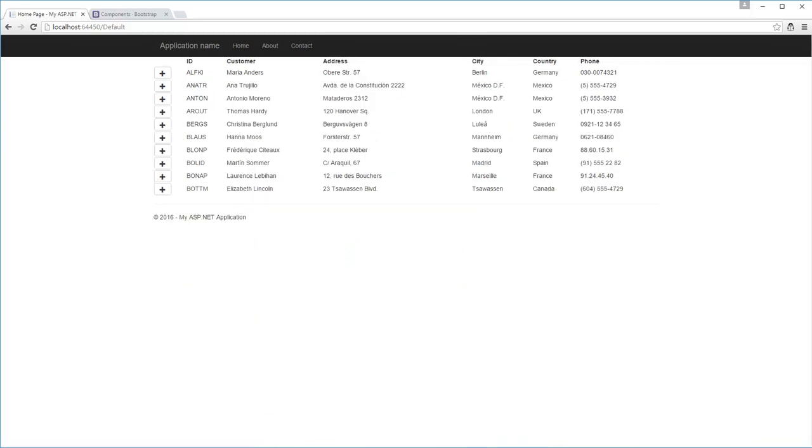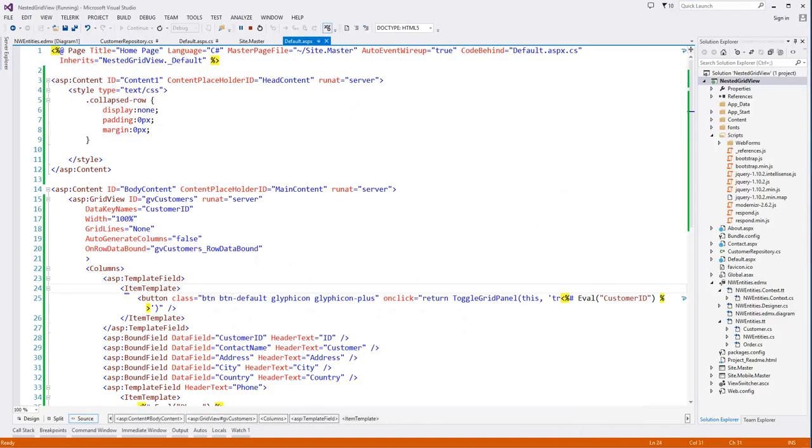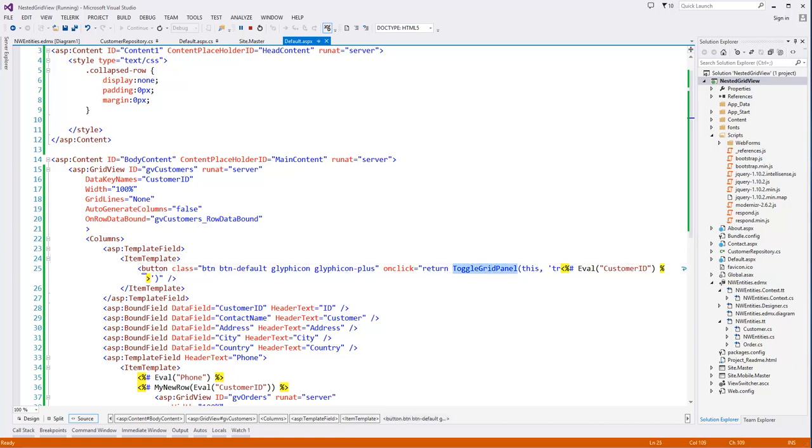Yep. Now you can see that our order list is collapsed, although it is there. Those items are there, but it is now collapsed. Now if I click this plus sign, I need it to expand. That means I will display those orders, and if I click again, I need to collapse back again. Okay, so for that I have to create this function